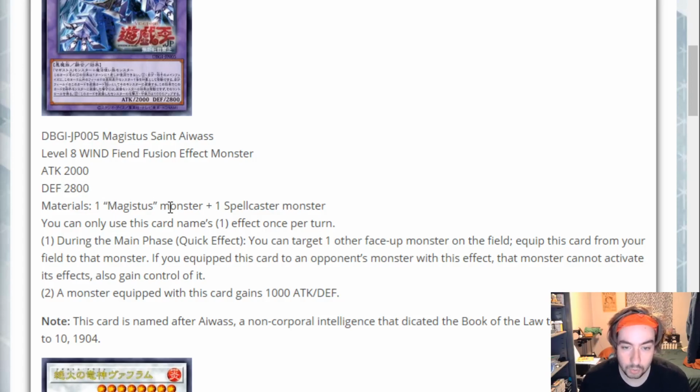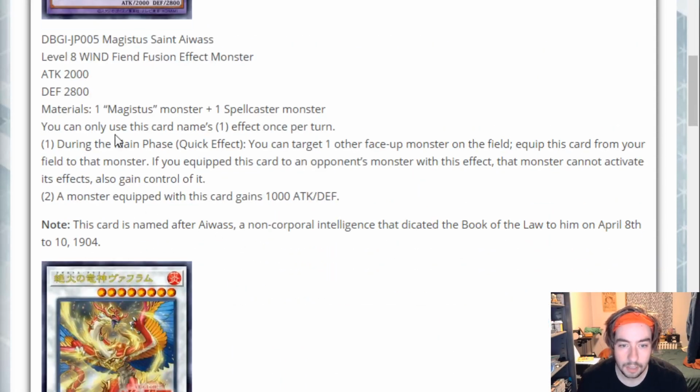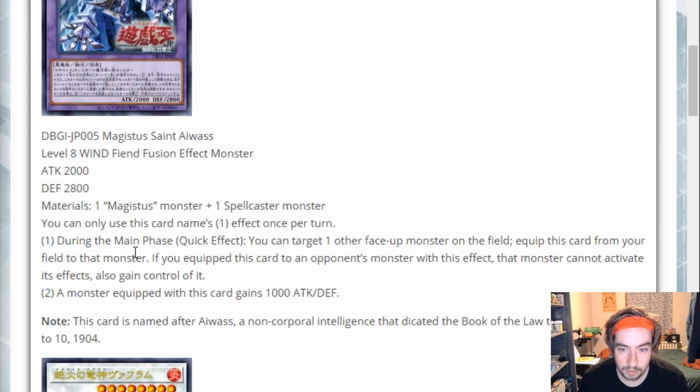This card requires one Magistus monster plus one Spellcaster monster. Okay, so fairly generic. Any 2 of these will work, so that works pretty fine. And you can only use its first effect once per turn. During the main phase, as a quick effect, you can target one other face-up monster on the field and equip this card from your field to that monster. Okay, it equips